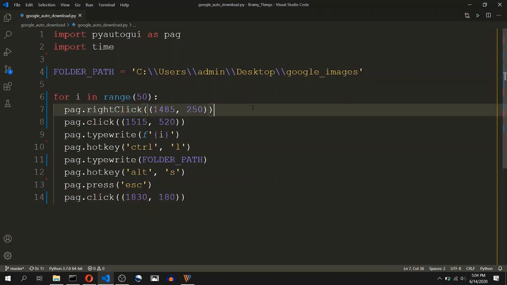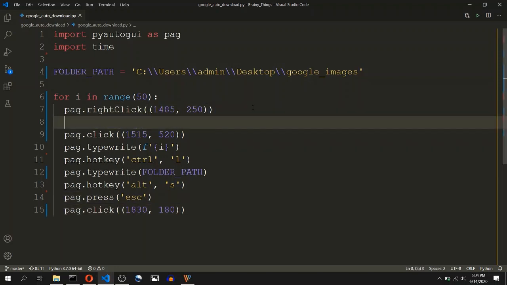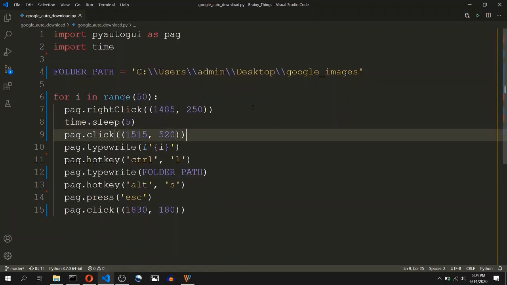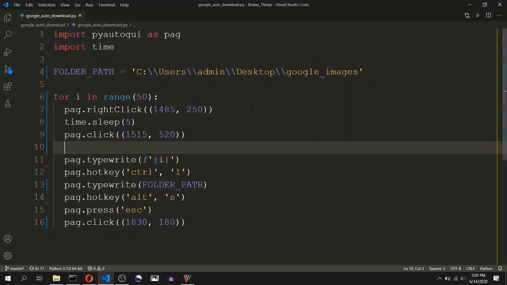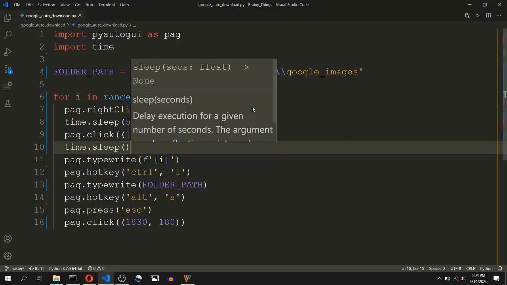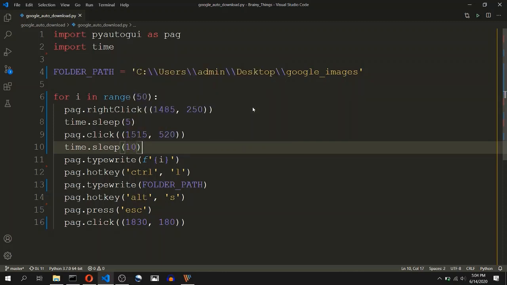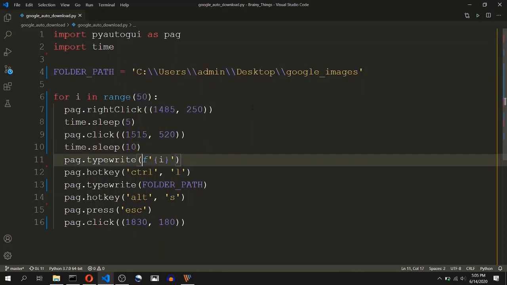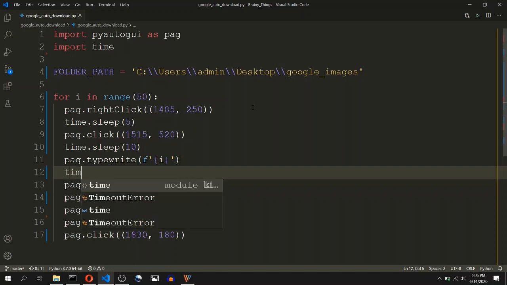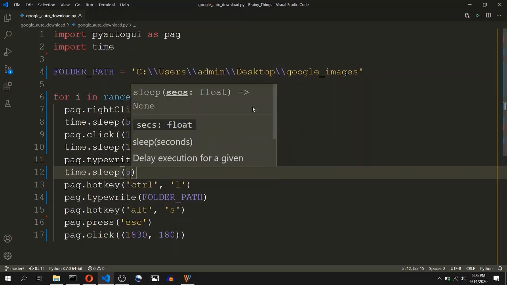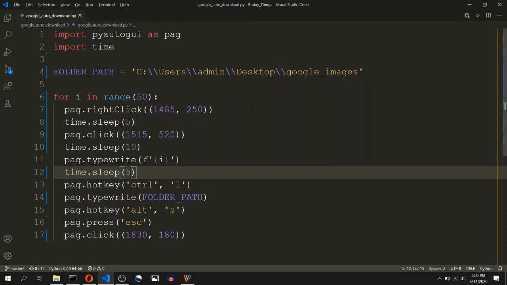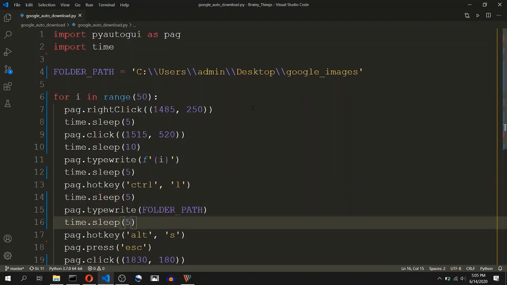Now we should add time delay between each step. I will add a delay of 5 seconds so that I can demonstrate to you the steps. Time.sleep 5, and after the save as button has been clicked, we need to wait for 10 seconds, as we have discussed that Windows File Explorer dialog box takes some time to load, and here also I will add the time delay of 5 seconds.